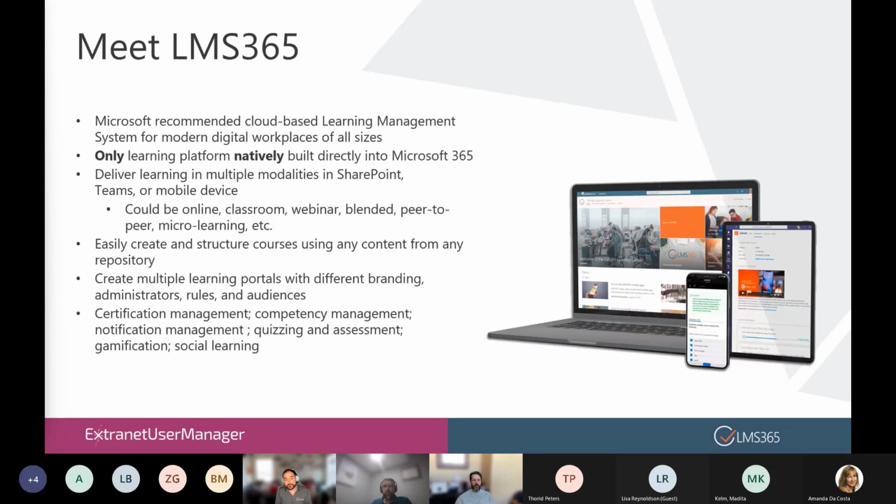So yeah, meet LMS 365 basically. It is a full-blown learning management system that is built in natively into the Microsoft stack of products on Microsoft 365, formerly Office 365, depending on who you ask. And there's a bunch of different things that we can do. We can create traditional e-learning courses when we think of an LMS, but we can also manage webinar-based training. We can also manage classroom, physical room-based training, integrating with things like the Office rooms and equipment features so that you can actually book rooms through Office and stuff like that,